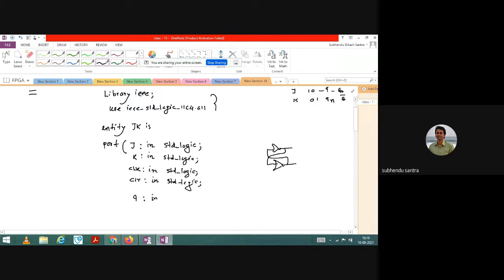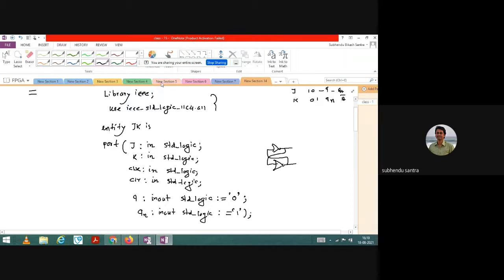So Q is inout, std_logic, initialized to 0, semicolon, and Qn also inout, std_logic, and initialization is equal to 1.